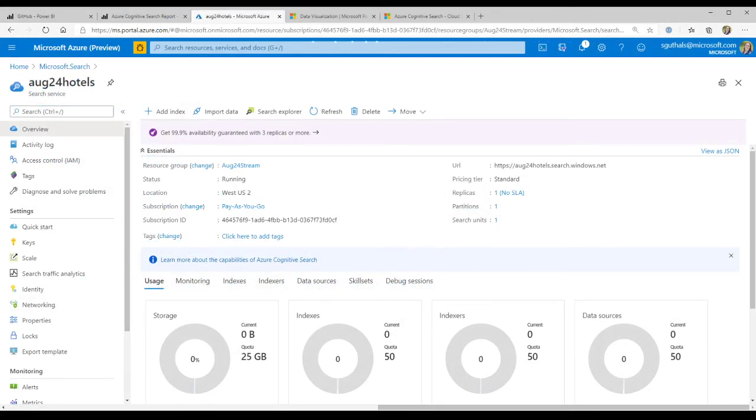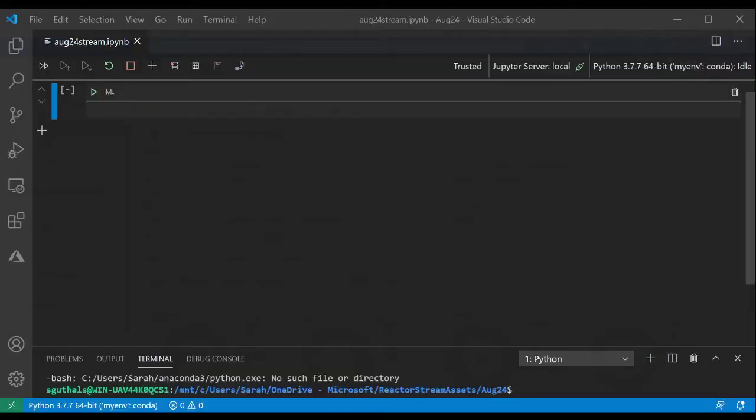So if you've ever been watching any of my other streams, you know that I like Python and I like VS Code and I like Jupyter Notebooks running Python in VS Code. It's my favorite. So we're going to jump into a Visual Studio Code environment or editor with a Jupyter Notebooks environment already ready to go. If you've never done this before, that's where you're going to want to,